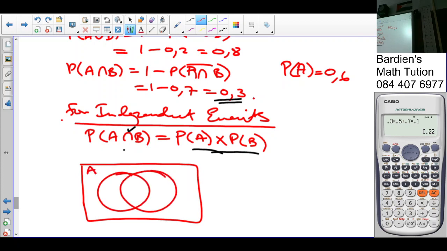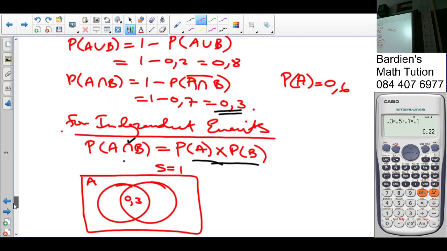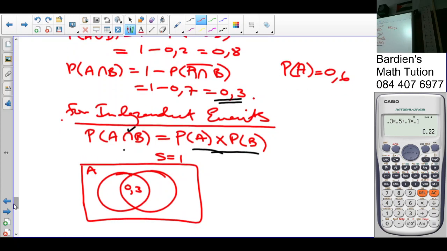This is A. The probability of A intersection B is 0.3. The sample space is definitely 1. Probability of A is 0.6. So if this is 0.3, that is 0.3. Not so? Now, if we're going to say that the probability of A union B is equal to the probability of A,